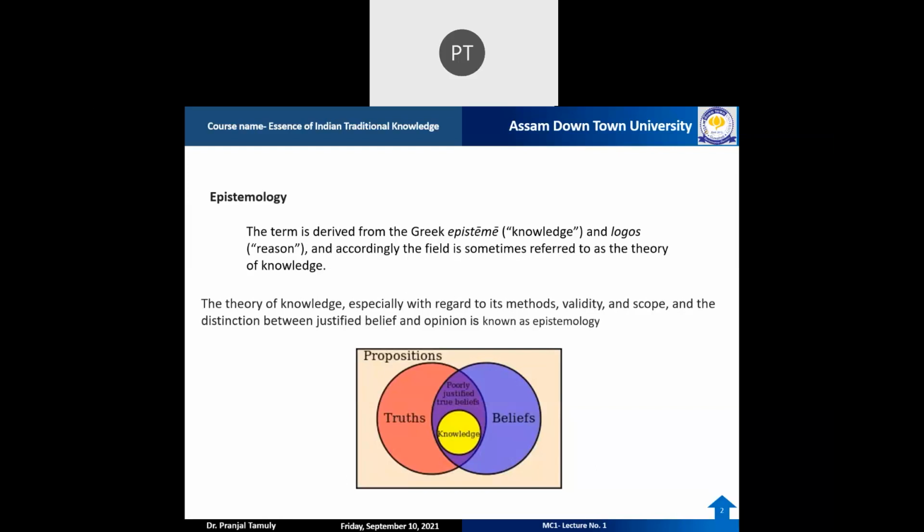So ultimately, epistemology is the study of knowledge. It is primarily concerned with what we know about the world and how we know it. There are some basic questions that epistemology deals with. What is knowledge? What do you think is knowledge? Do you know anything at all? Are the things we know right or wrong? How do we know what we know can be justified, and how can we claim that certain things are right?